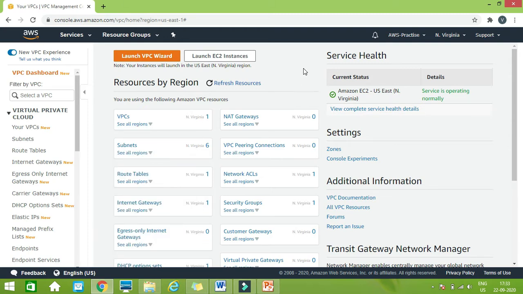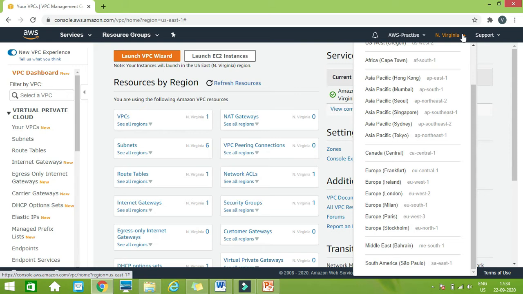So here you can see that there is one default VPC, and subnets are 6 here because we are using the North Virginia region. So here we have 6 availability zones, and each availability zone is basically representing one subnet. Likewise, if you choose another region, you will find the number of availability zones will be different.